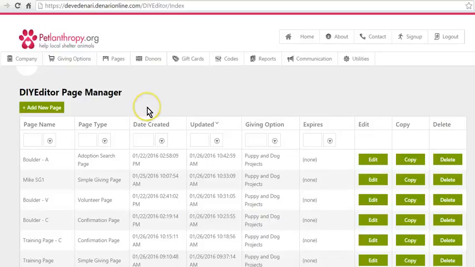This video covers the types of web pages that you can create using the DIY page editor. If you haven't done so yet, please take a few minutes to view that first video as a context for this video. There are four types of pages that you can create using the DIY page editor. They are the donation page that was covered in the initial DIY pages video, the confirmation page, a volunteer page,